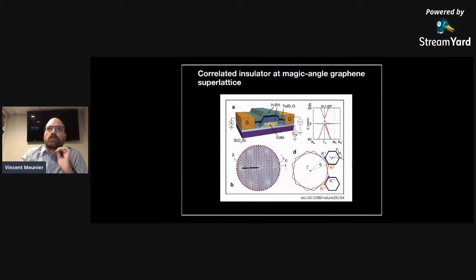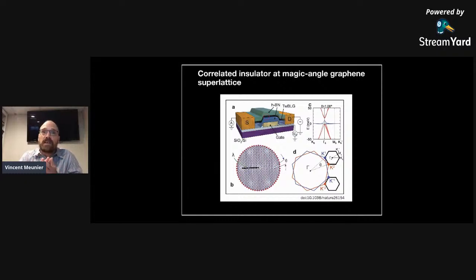For example, in this case, you see that there is a superstructure, so basically a structure that has a larger lattice constant that's coming from twisting one layer compared to the other. And this has been a very big deal over the past few years, because people found that for a very specific angle of the rotation, you have completely new physics happening. You have completely quantum mechanical effects happening, related to superconductivity, related to all sorts of things that happen exactly at a magic angle. We call it magic angle because there's a specific angle where the electronic properties are exactly right.